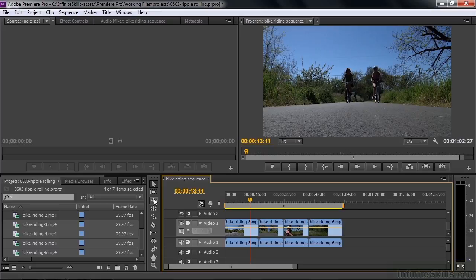Now, let's take a look at the Tools panel here. The top tool, your go-to tool, is the Selection tool. That's on there by default. You almost always have that one selected. As you move around, the tool changes. It's actually a context-sensitive tool that changes to another kind of tool depending on where you're looking at it. If I go over here, I get the Trim tool, go down here, and I can control that little rubber band. Depends on where I put the tool. It changes into some other tool because it's a context-sensitive tool,